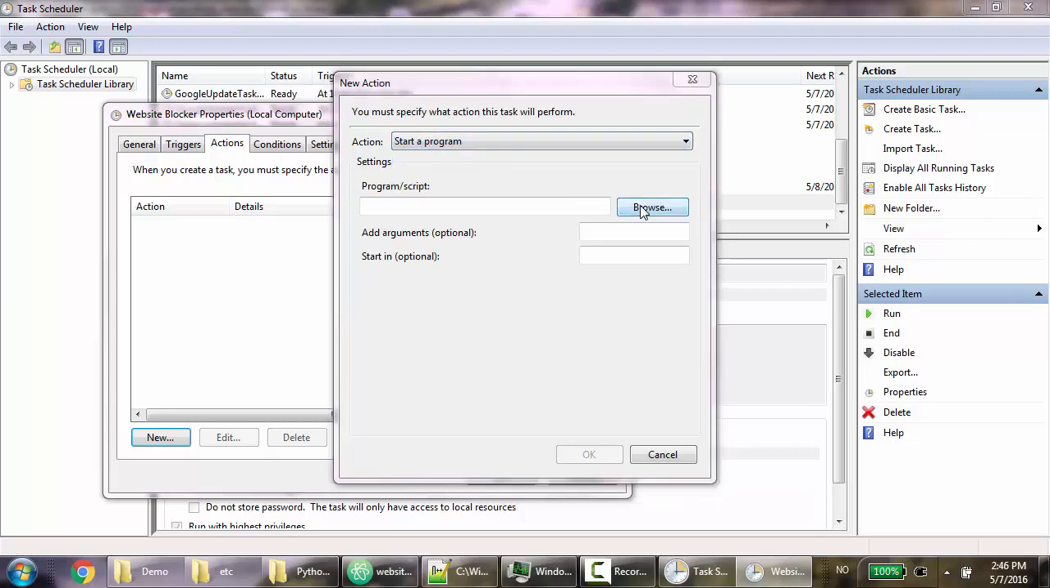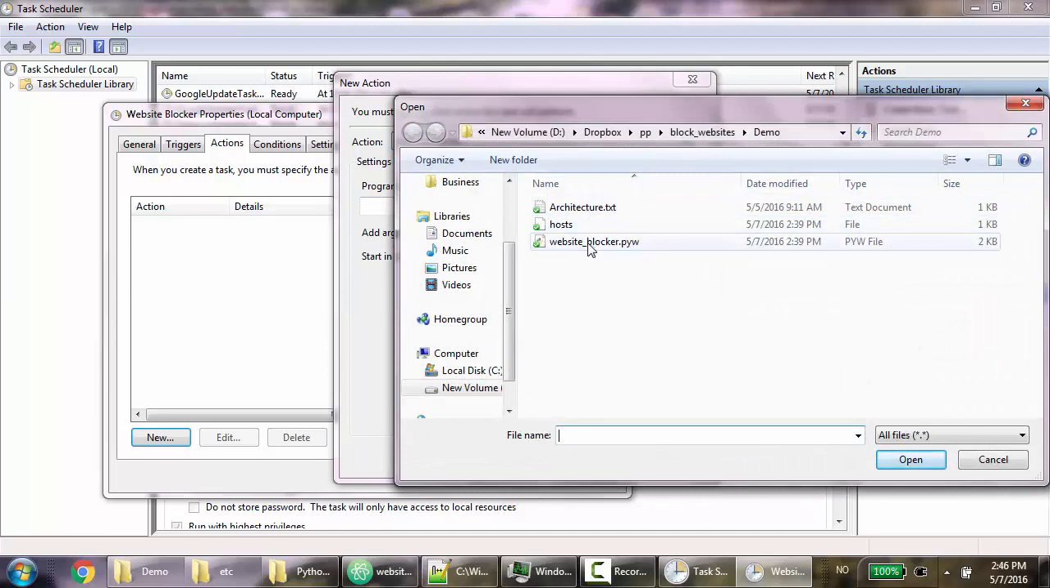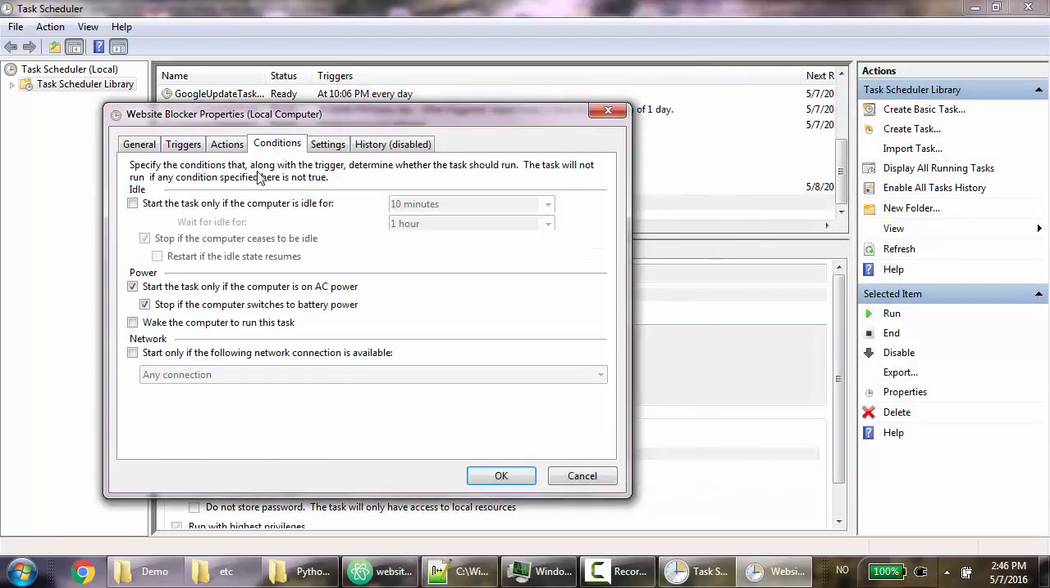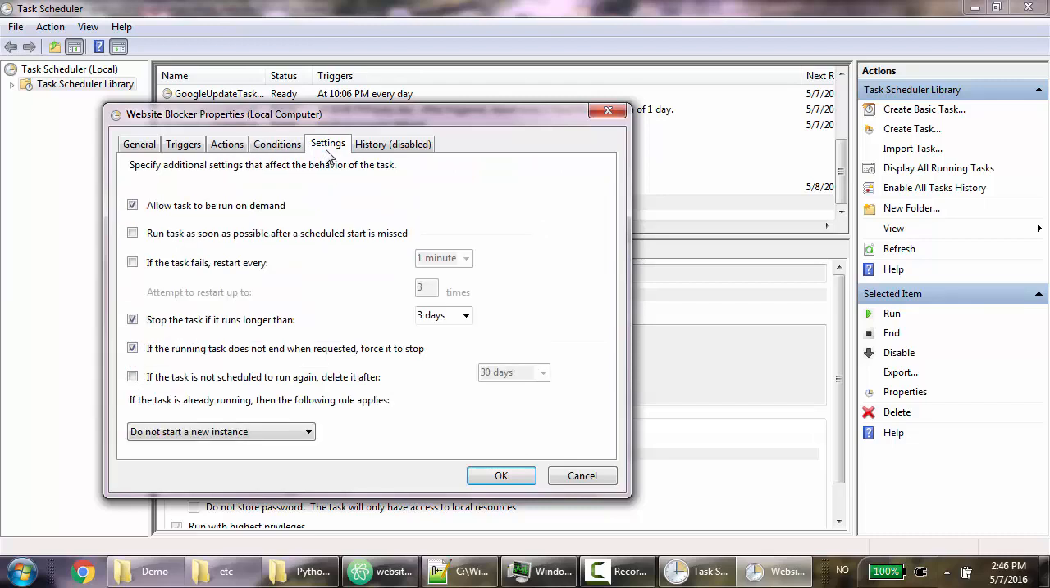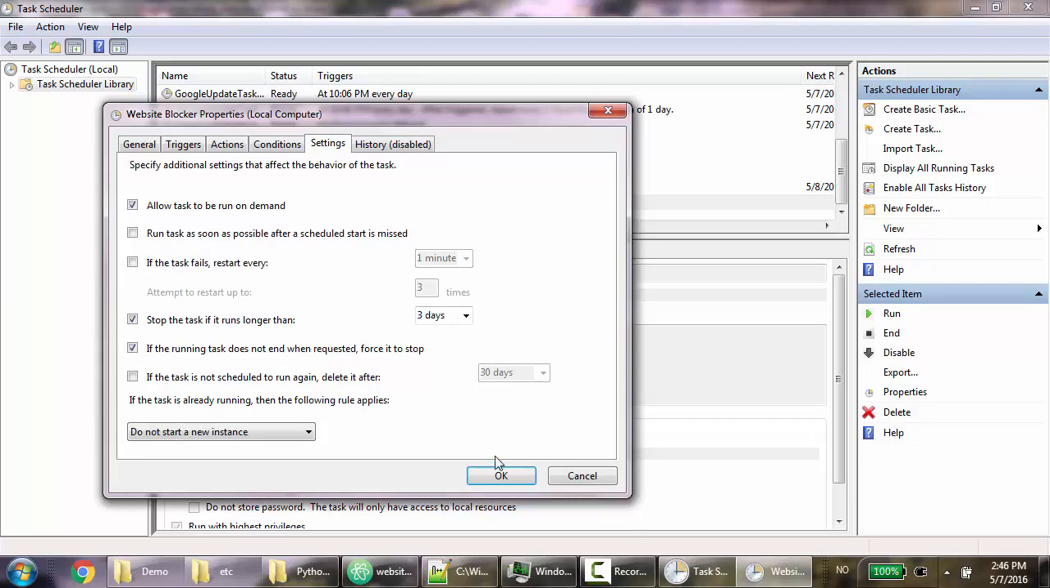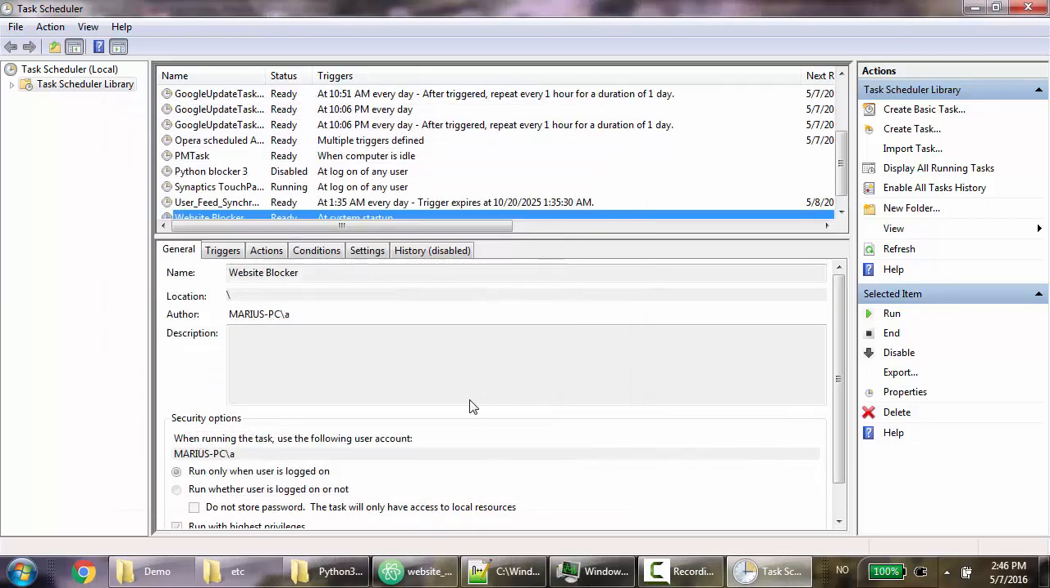And normally you want to point to your program script, which is this one here, website blocker.pyw. Open that. Okay, conditions, and you may want to uncheck this option. You also want to run the Python program when you're on a battery on a laptop. And yeah, we should be good to go now. Press OK, and